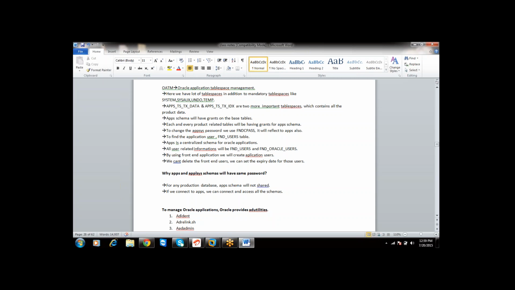Nowadays, no one is using raw partitions, right? At this point of time they can go for individual tablespaces also, but that is not coming with Oracle Applications, as it is seeded and interrelated. So when we install Oracle Applications, we will only see these two tablespaces with the main important tables.